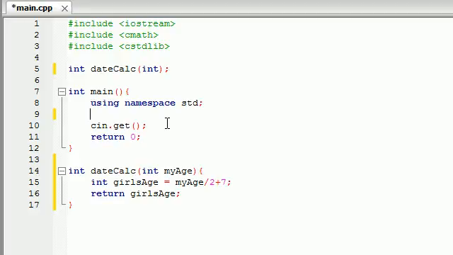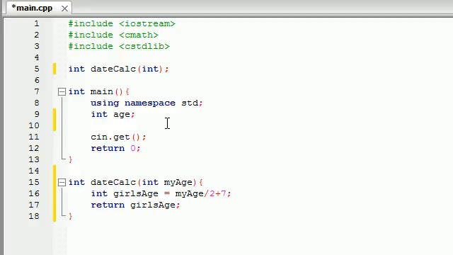So we can go ahead and just throw in a number like 23, but let's build this program where we give the user an opportunity to enter their own age. So we need a variable for age. So let's put int age. And now let's give them a little prompt on the screen. Cout,